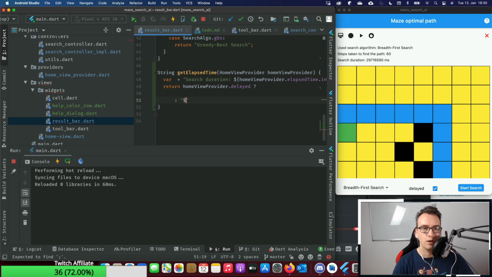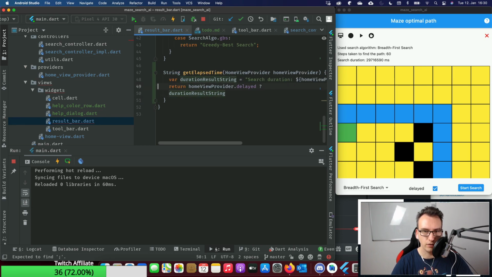No. Duration result string. And if we are delayed, by the way, this is the opposite direction, right? So up like so, and this one would be, why is that red? Yep.